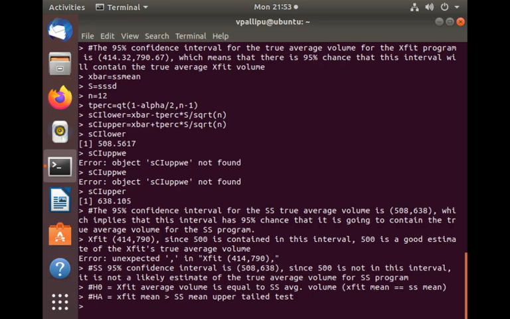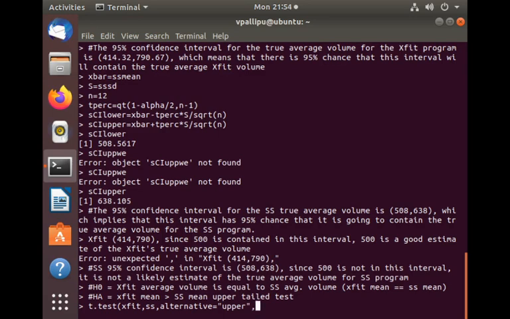Now the upper tailed test in R is simplified using the function t.test. So you use the t.test function as follows. T.test, the first argument will be CrossFit because I'm comparing CrossFit with starting strength. The next parameter is SS. Then the next one will be alternative. And my alternative in this case is upper tail, or rather just upper, comma,